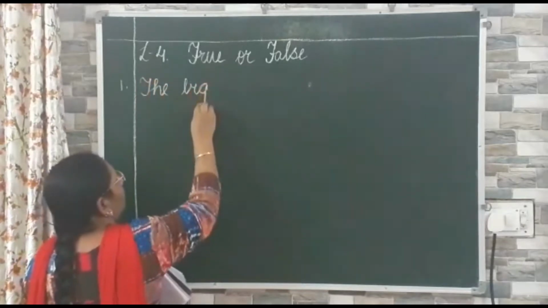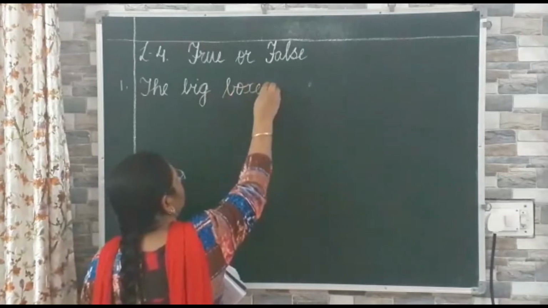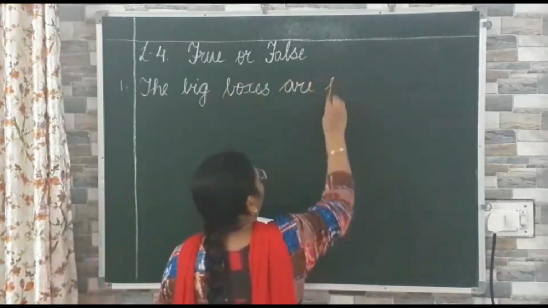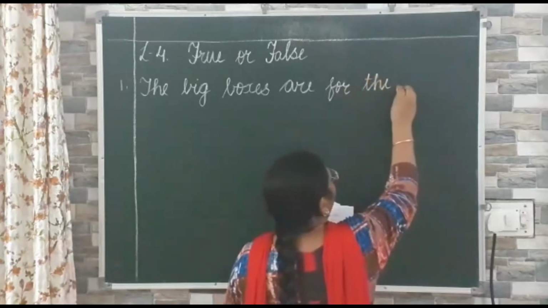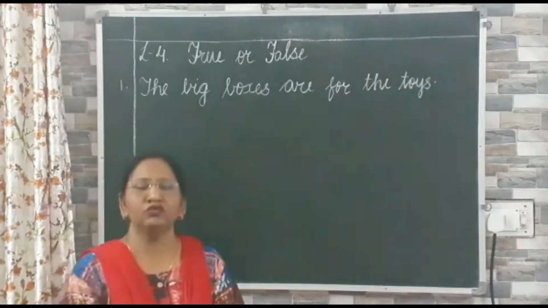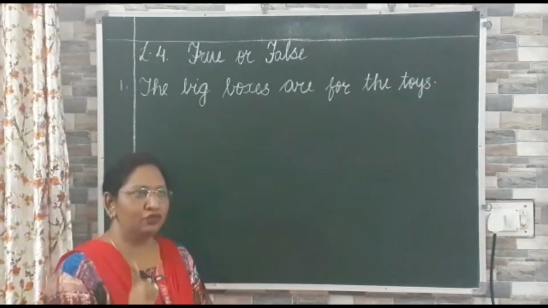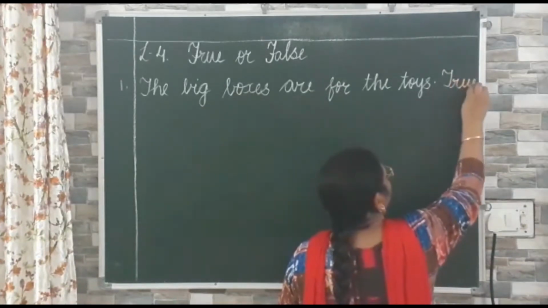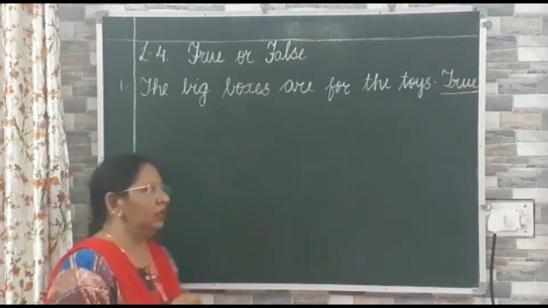From the next line write down number 1, and number 1 is: the big boxes are for the toys. Children, is it true or false? The big boxes are for the toys? Yes, this is true. So write down T R U E, true, and underline the word on the red line like this. Okay. Then leave one line